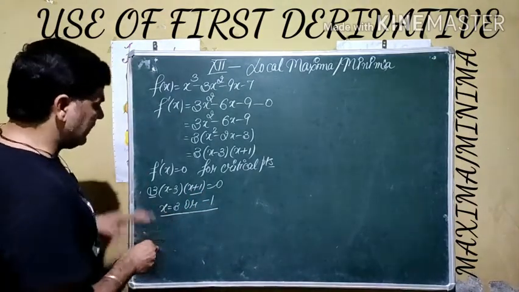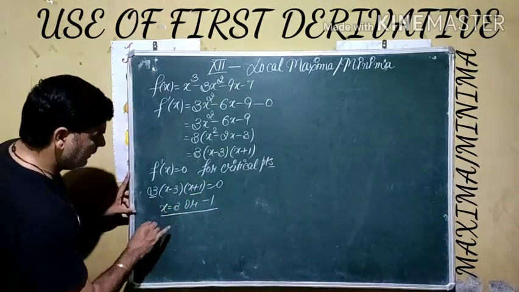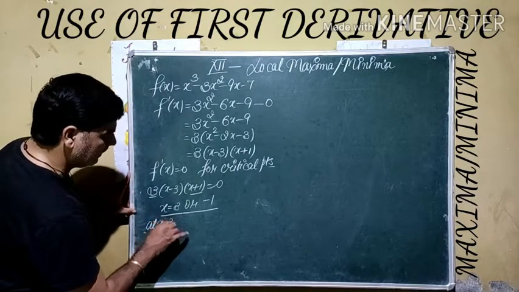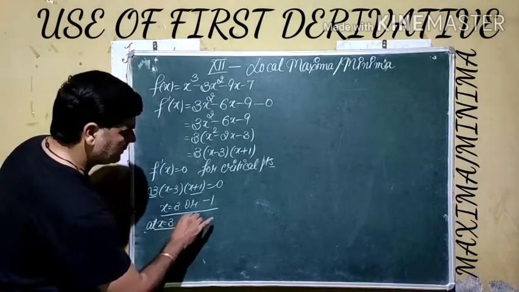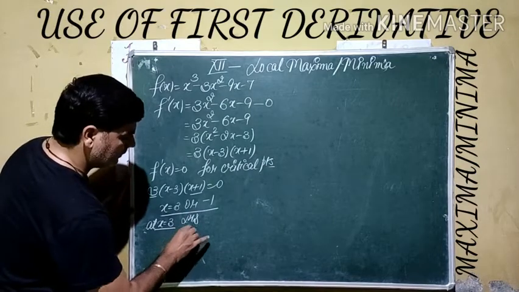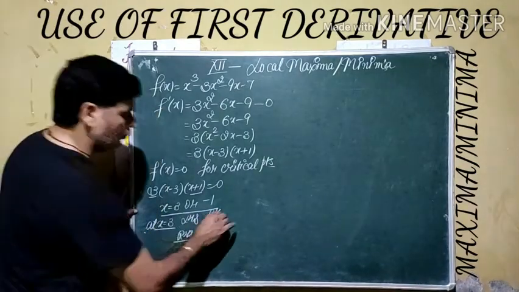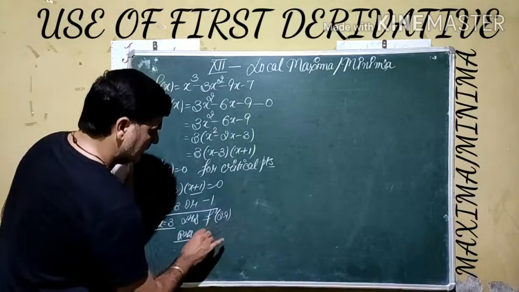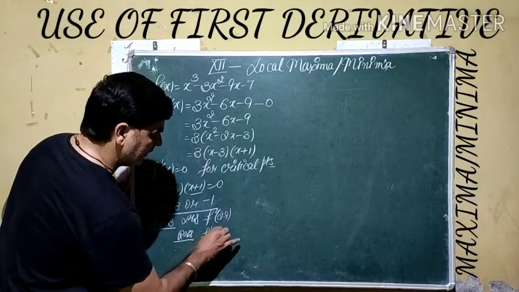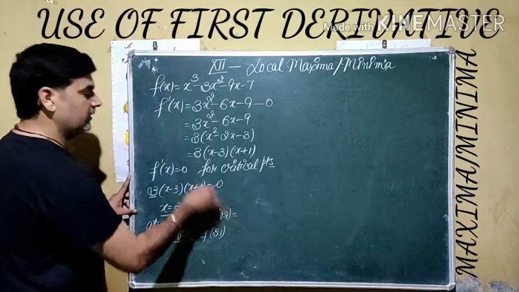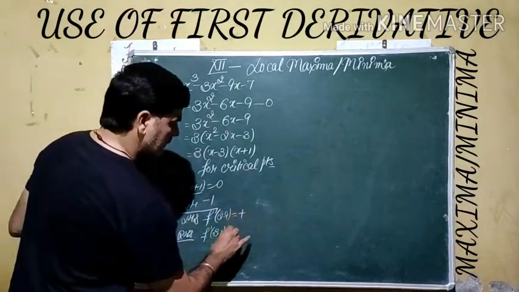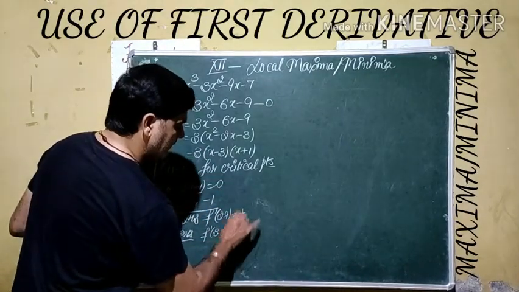Now we are going to do testing here. First of all, we are going to test at 3. We take first the left hand side, then we apply the right hand side. Firstly, we put on the left side of 3, 2.9. On the right side, we use 3.1. If you see here, 3 is positive in both cases.